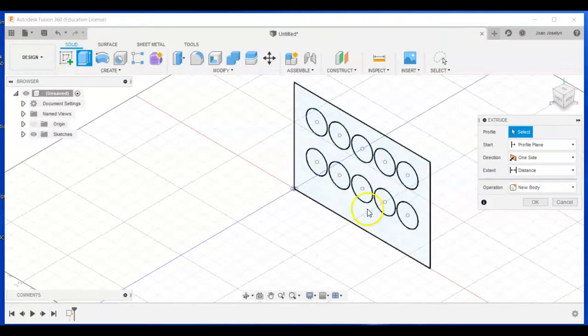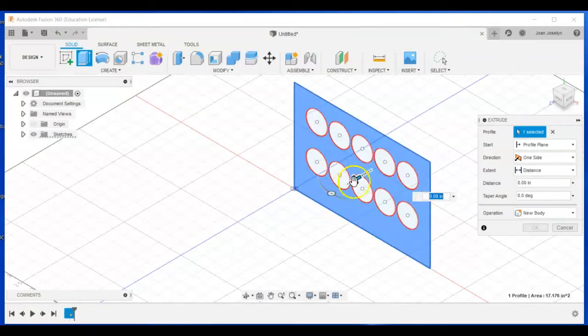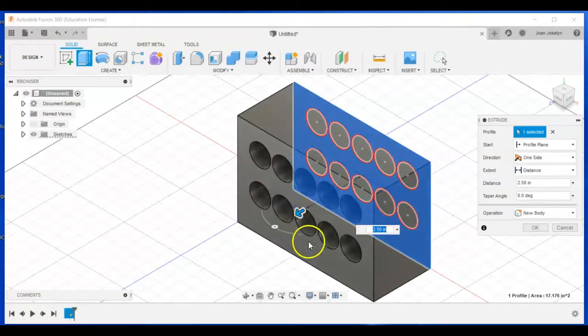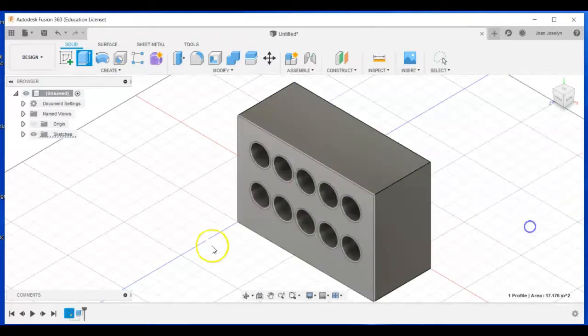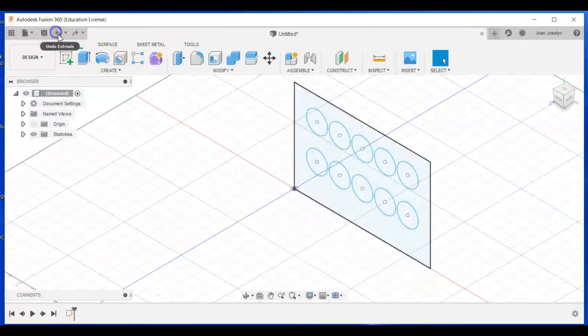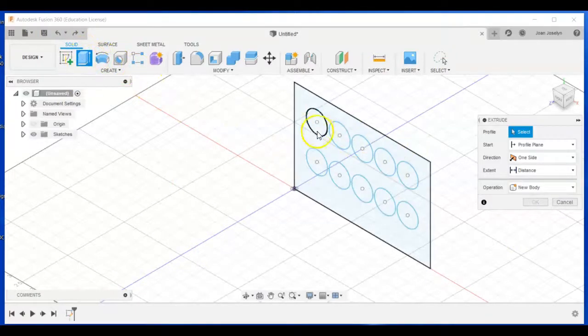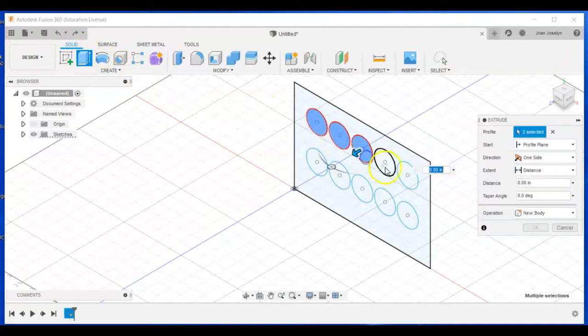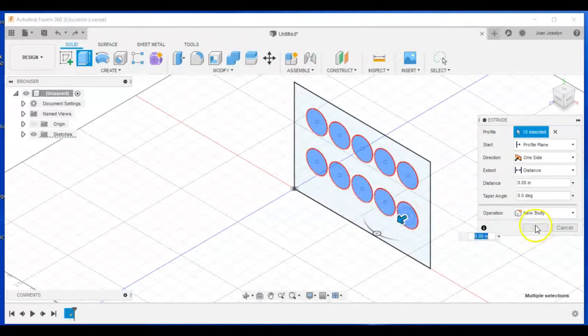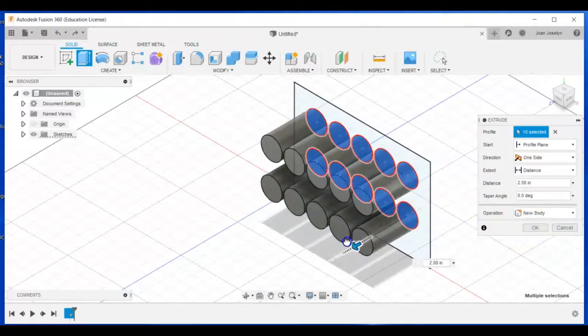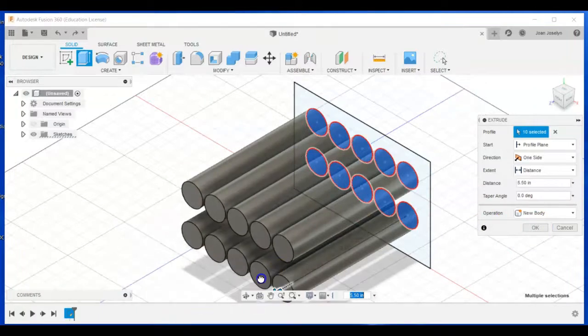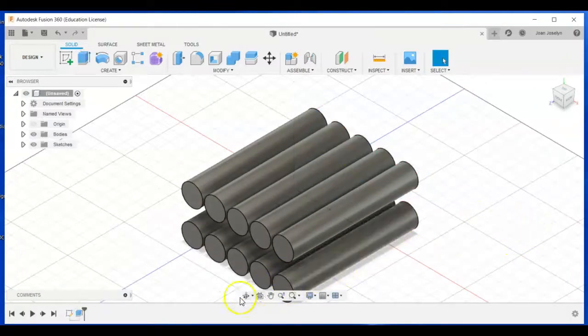When you extrude, you can choose either to do the plate, and you'll get a box that has holes in it when you're done. Or you can, I just did undo, choose E on your keyboard, or extrude. You can choose the circles that you just patterned, and you can extrude those. And of course, with an extrusion, you can be very specific or not. So just pull them out, click OK,